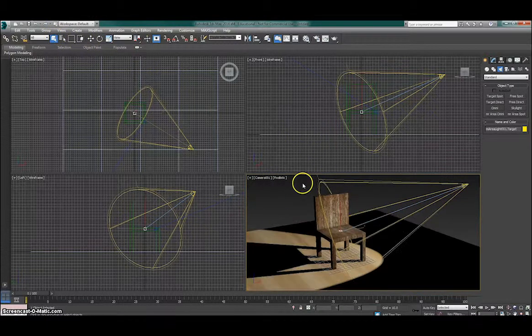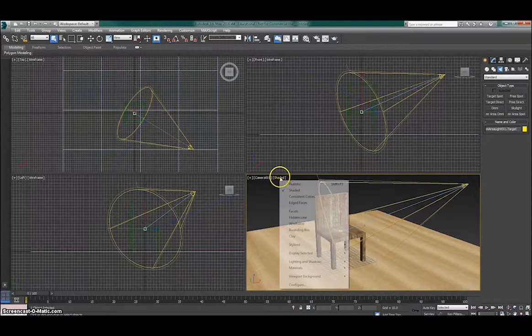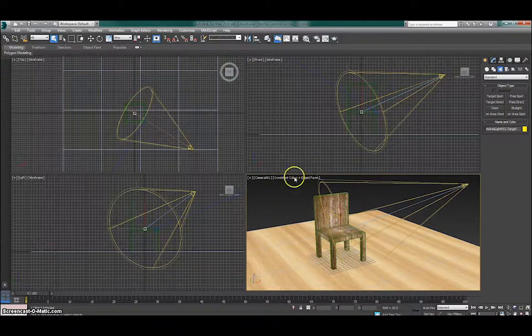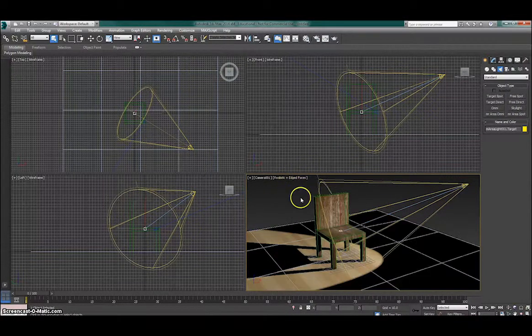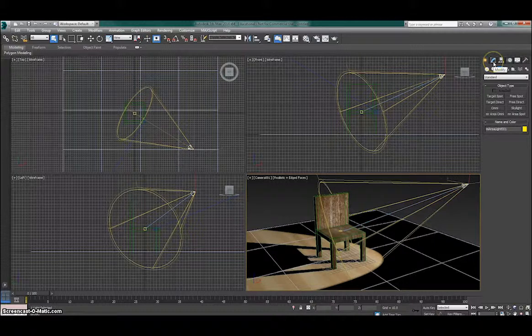Great. Now, if you're not getting these shadows, if you hit where it says realistic next to camera 1 or whatever is in here, it could be on shaded, which does not show the lighting, or consistent colors shows a little something different. But we're just going to keep it on realistic for right now, and that we're doing lighting. So we're going to click on our light here, and we're going to go up here to the modifier tab,